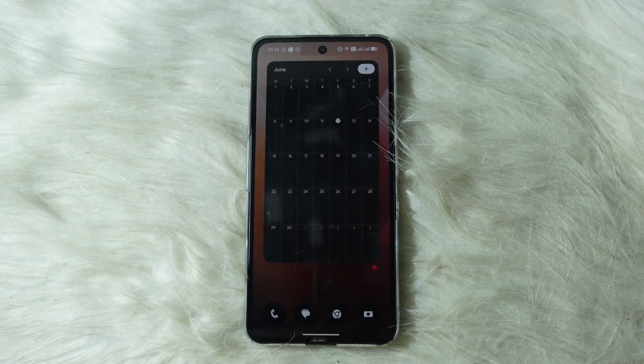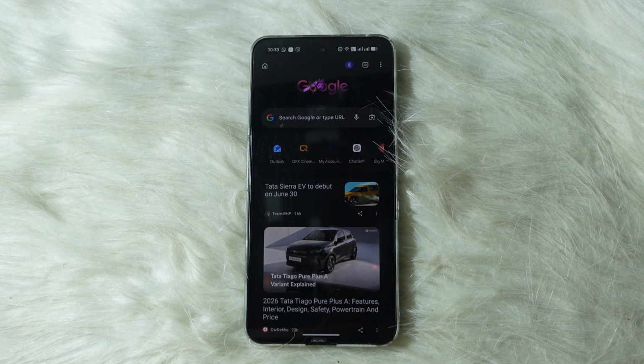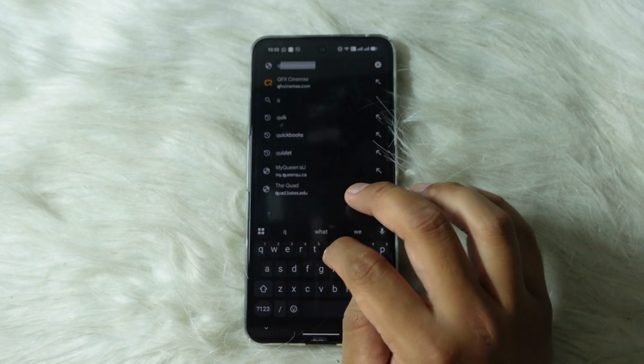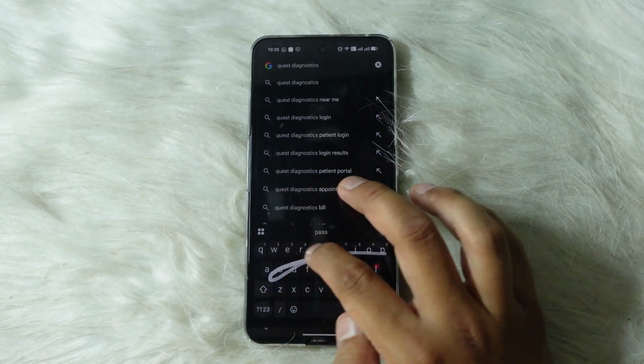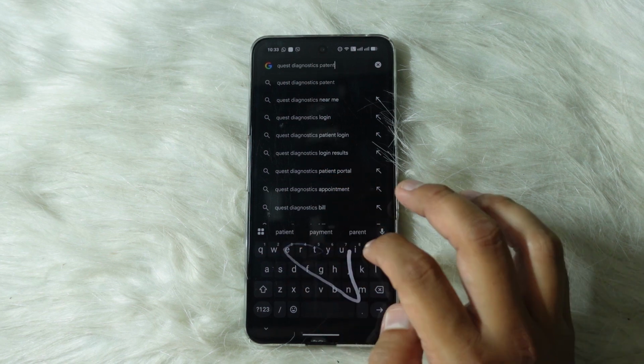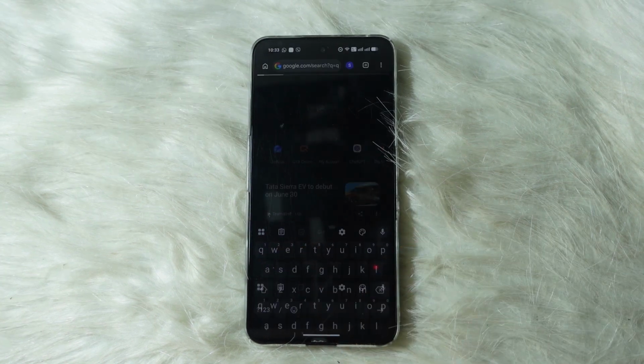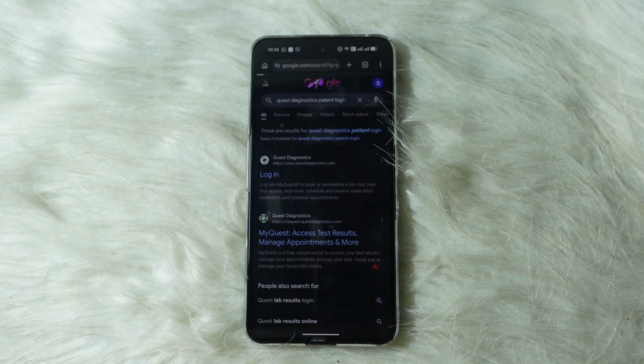Today's video is going to be about how to log in to Quest Diagnostics Patient Portal. For that, the first thing that you'll have to do is open up Google Chrome or a browser of your choice, and then in the search bar simply type in Quest Diagnostics Patient Login, and then hit enter on your keyboard and then tap on the first link saying login onto Quest